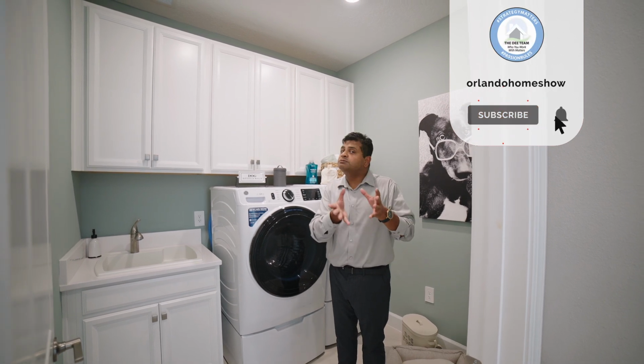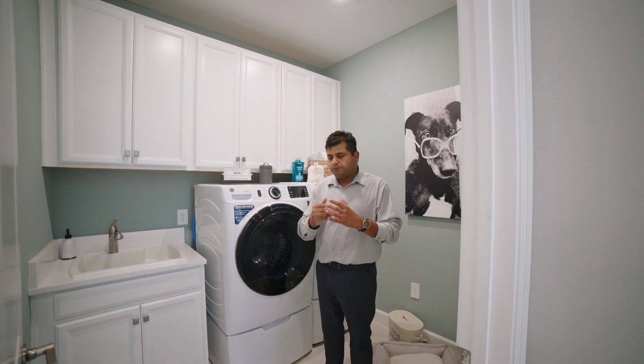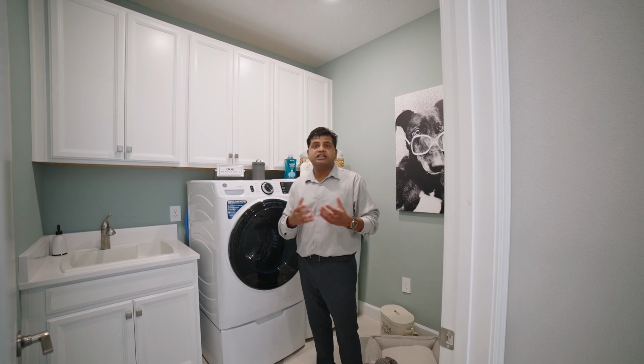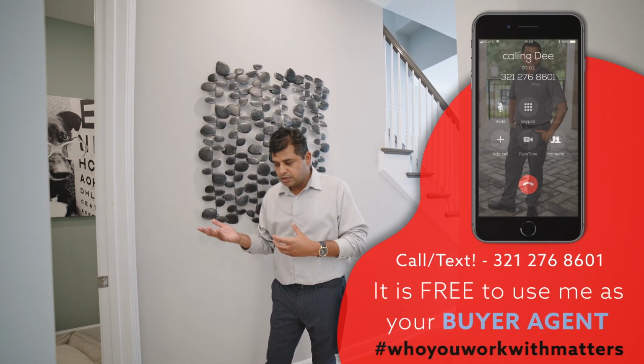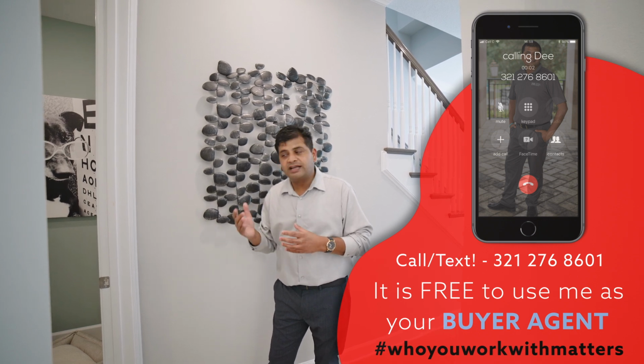Now, this may change because the market is changing. The builders are now working with us in terms of giving more incentives. This builder is also locking in the price in terms of your interest rate. So if you go into contract with them, then they will buy the interest rate down, so it makes it more affordable. It really depends, because the most that I know of without having to pay a fee up front is probably about 90 to about 180 days max, and anything over that you have